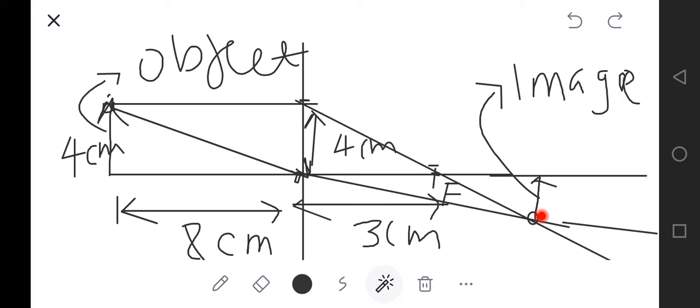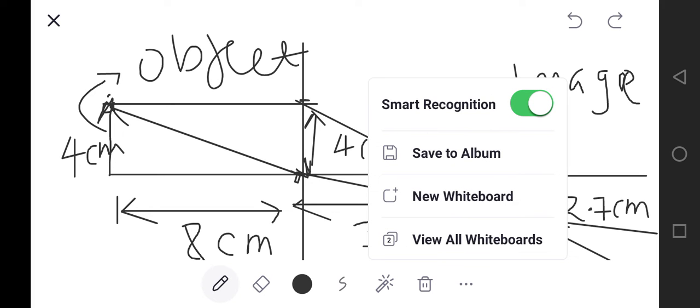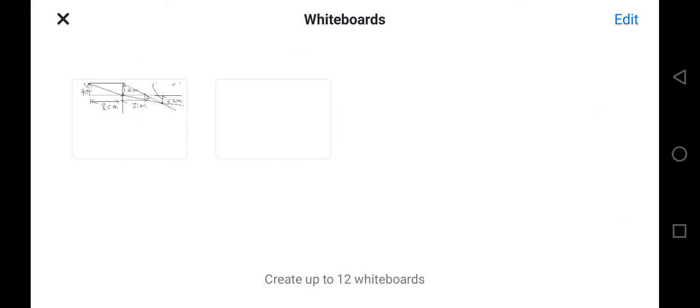It is 2.7. Yes, so it was 2.7 centimeters. Yes. So now, if you're asked to find the magnification, the way we calculate magnification,